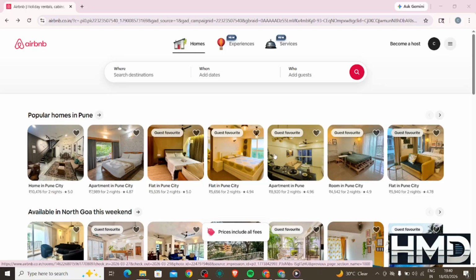If you want to earn extra income by renting out your home, Airbnb is one of the best platforms to get started. In this video, I'll show you exactly how to list your house on Airbnb step by step, even if you've never hosted before. By the end of this tutorial, you'll know how to create a listing, add details, and publish your property so